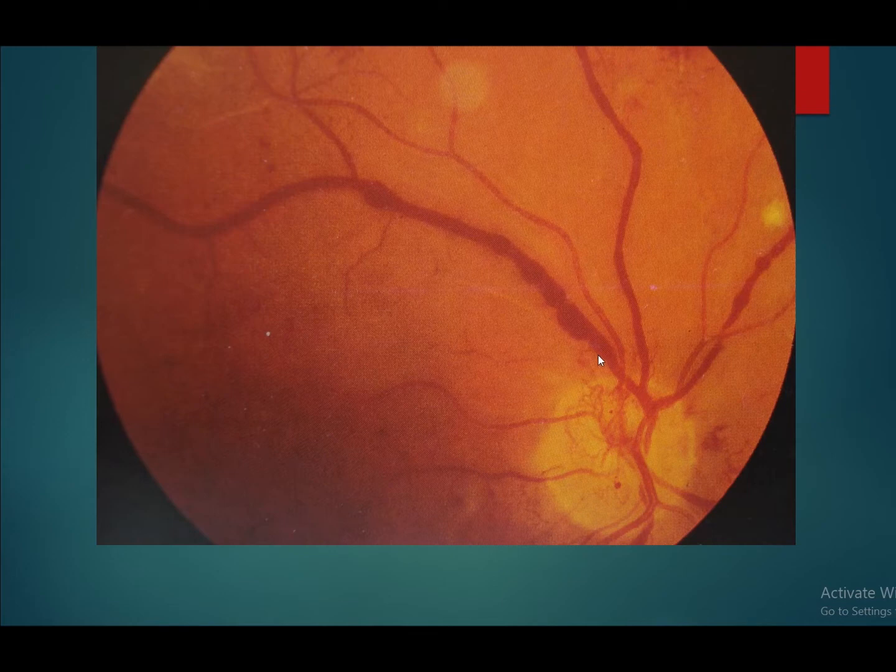You can see the venous looping here. This is venous beading. See, venous beading is seen and it is present in more than 2 quadrants. But if you see the disc, there are also new vessels over the disc. So this qualifies as proliferative diabetic retinopathy. I'm just coming to it. In the next few slides, I'll explain proliferative diabetic retinopathy.